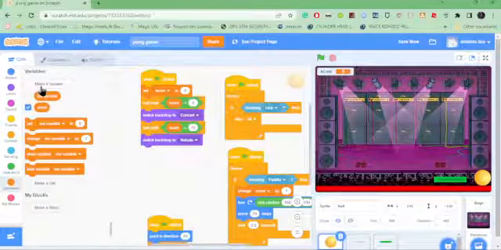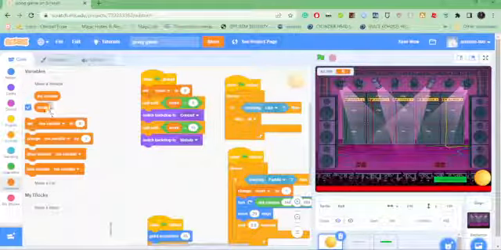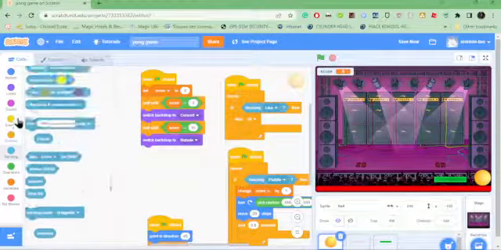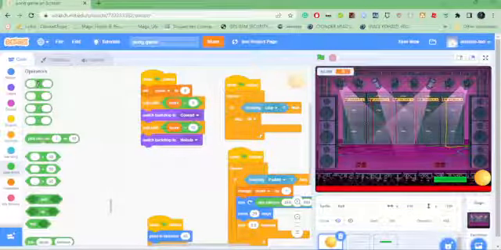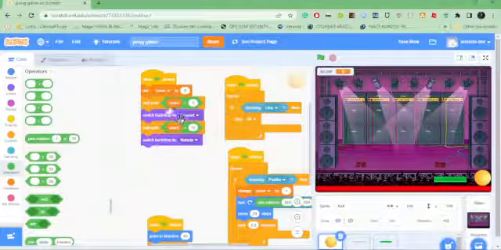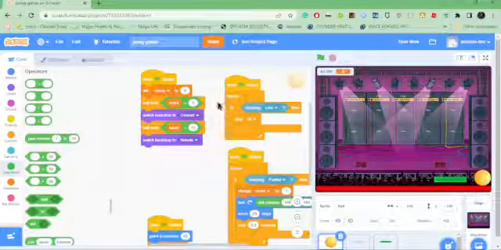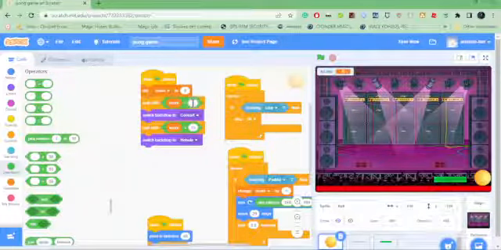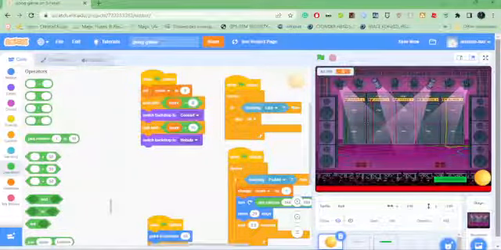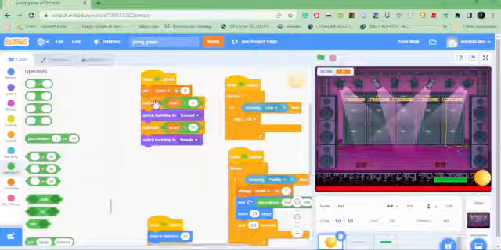So what you want to do is create a variable named score, and then go to operators, choose this one, equals. So when the score equals 5, let's change it to 6. So we're gonna wait until score equals 6, so we can